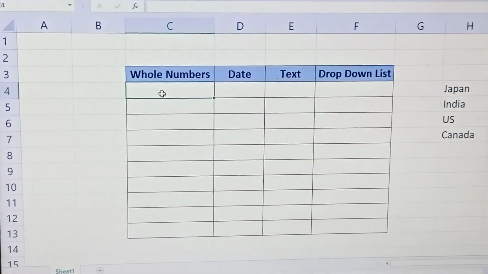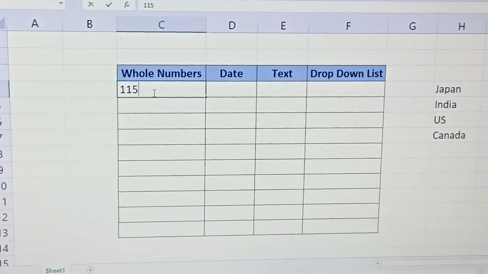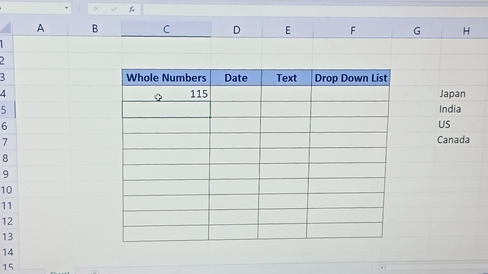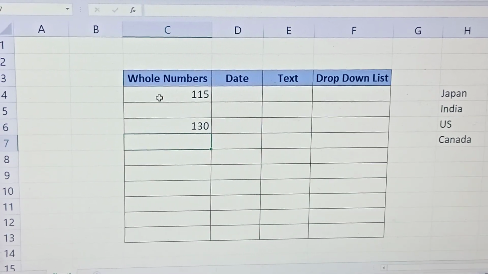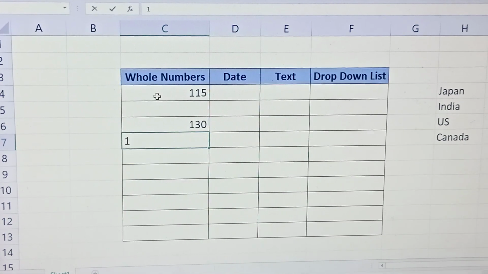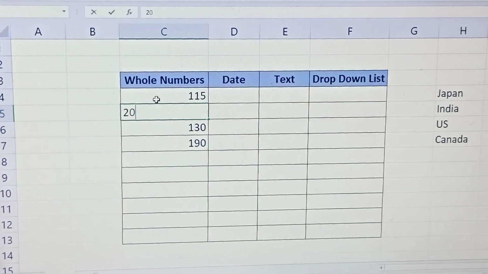Now if you see, you just put 115, 130, 190 and 201.